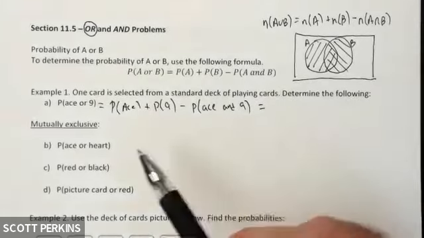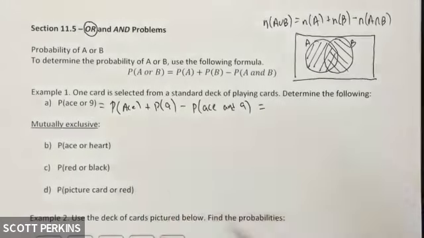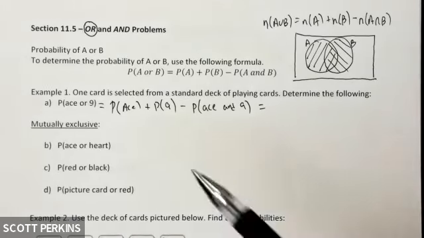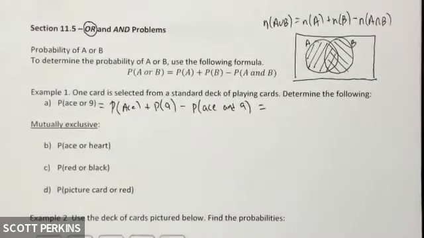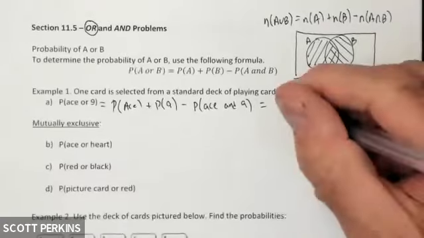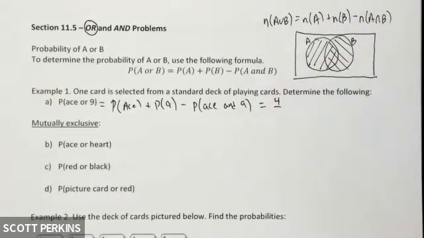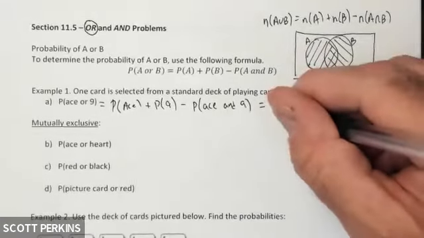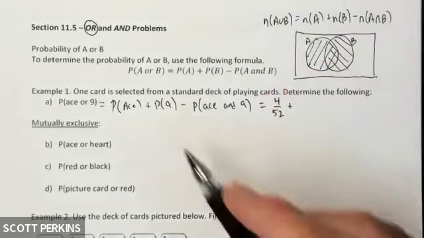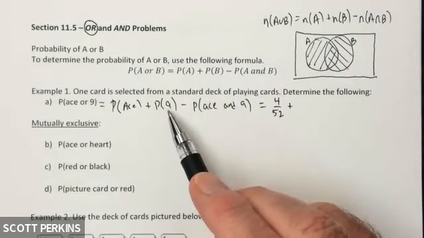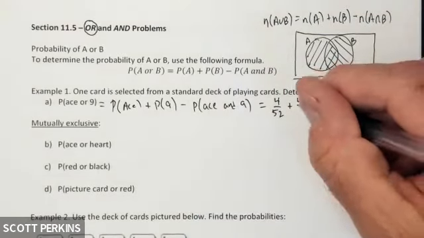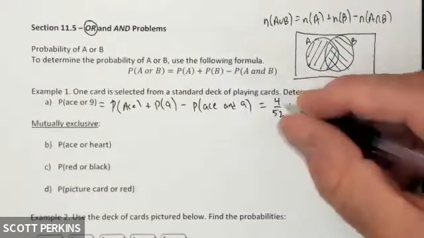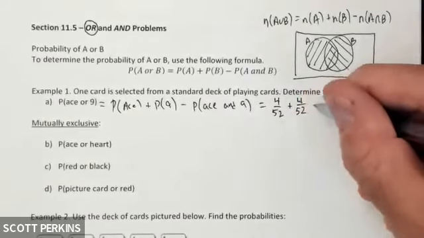All right, so thinking about this, the probability of an ace. Remind me, how many aces are there in the deck of cards? There are 4. Does anyone remember how many cards are in the deck of cards? 52, okay, great. Plus 9s. How many 9s are there in the deck of cards? There are 4. And then divided by, again, 52. Now minus,